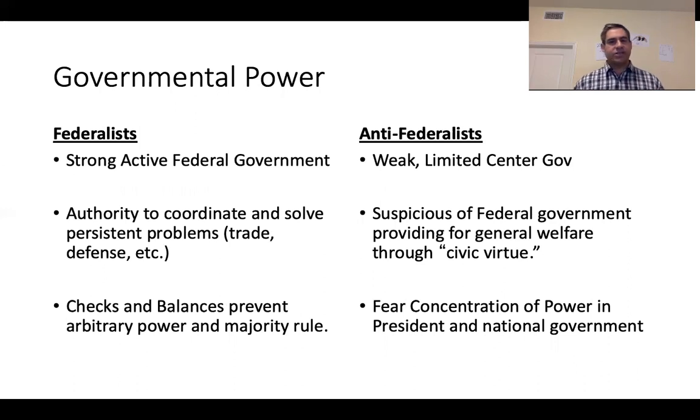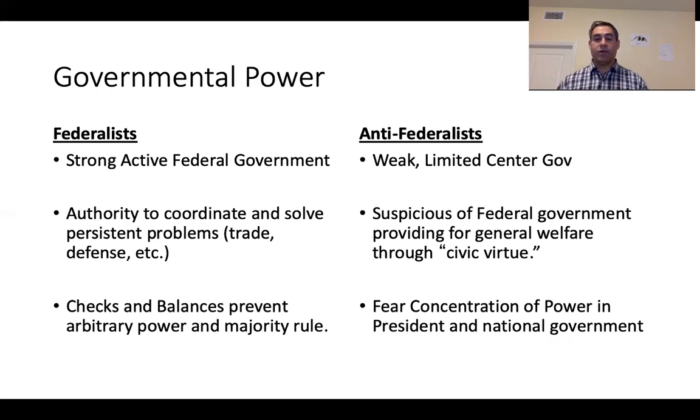As you can imagine, this leads to very different ideas about the power these governments should have. The Federalists are in favor of a strong, active federal government that can draw from the lessons of the Articles of Confederation and resolve the problems that the Articles of Confederation were unable to do. So this governmental power for the Federalists, they want a government that can coordinate and solve persistent problems of collective action. They want this government to be able to negotiate trade for these new United States of America with European powers. They want this new government to be able to negotiate